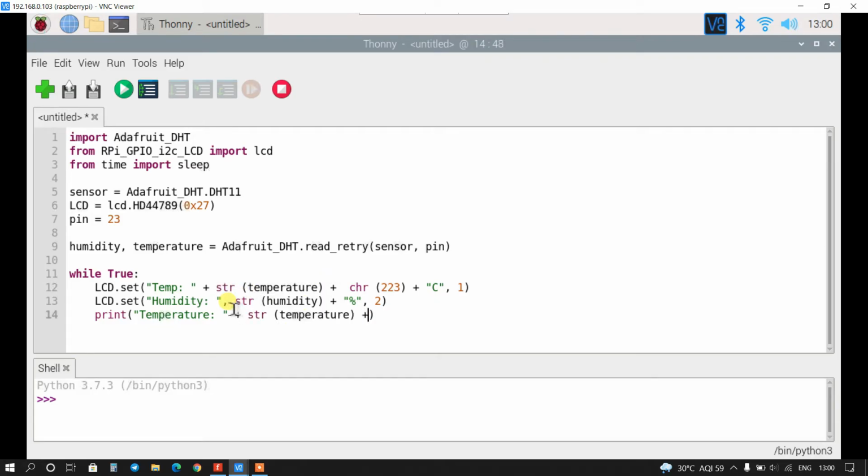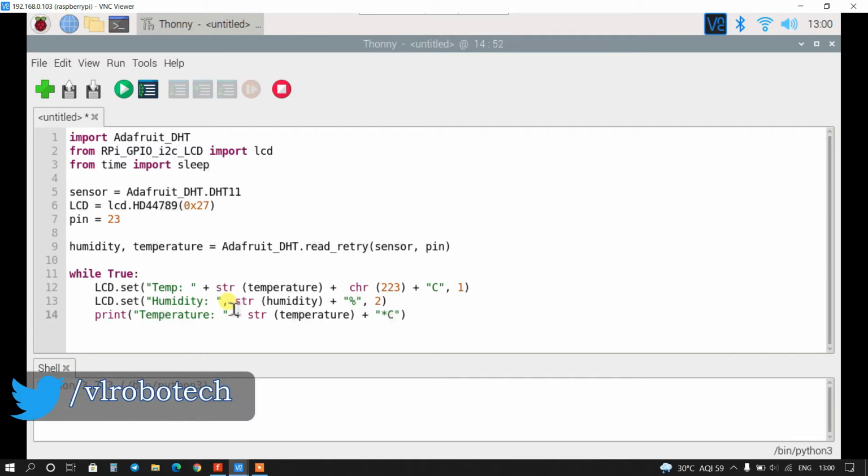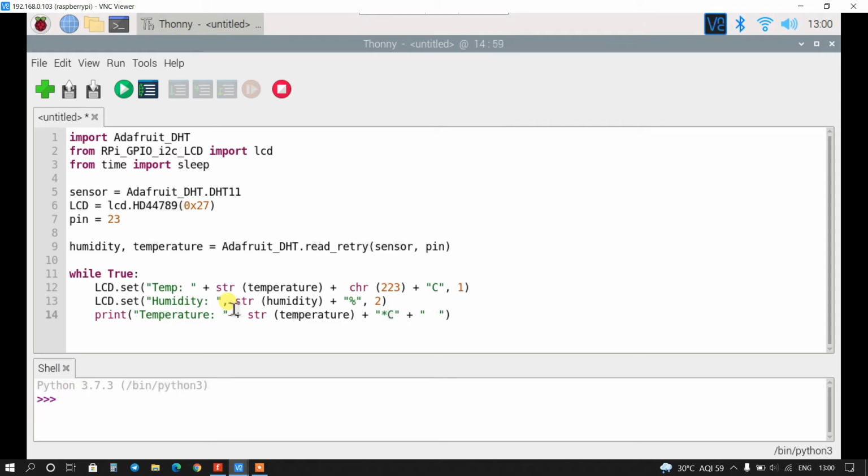Again plus degree Celsius, right? And now I will print here humidity percentage, and I will copy this. I will use here a delay of 1 second, sleep for 1 second. Okay, so now the program is ready.